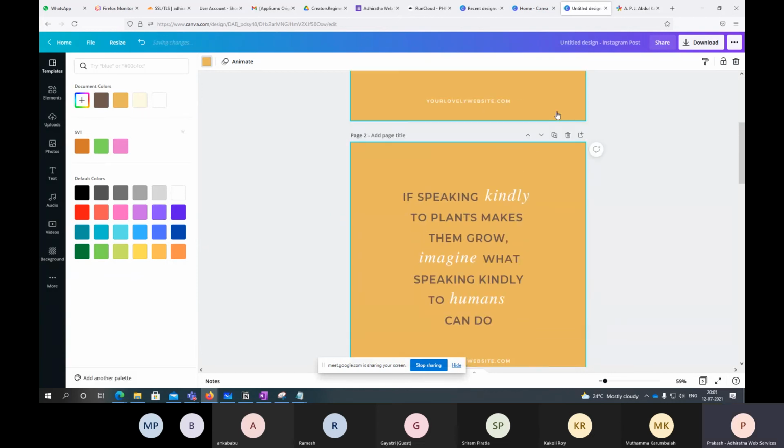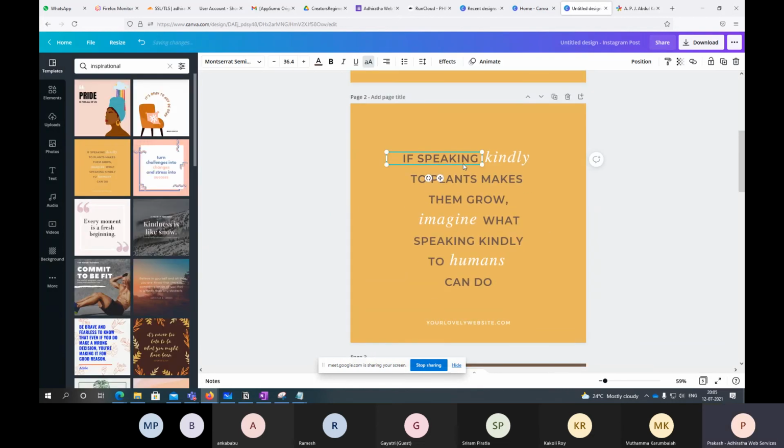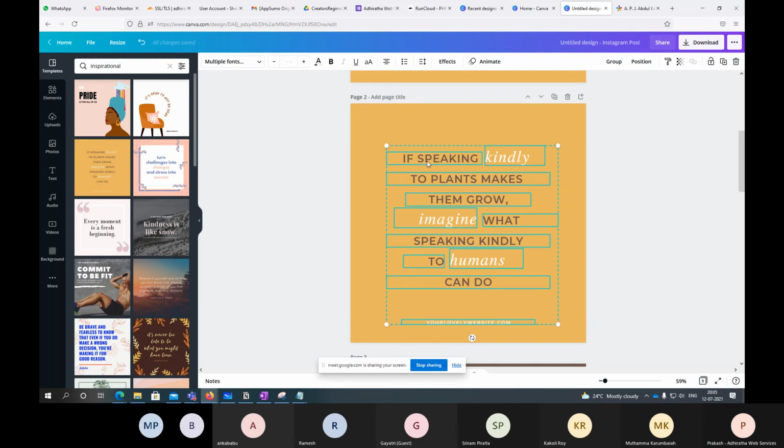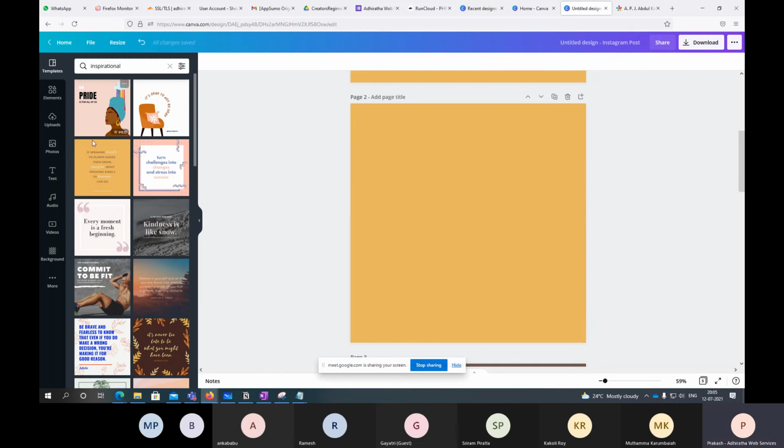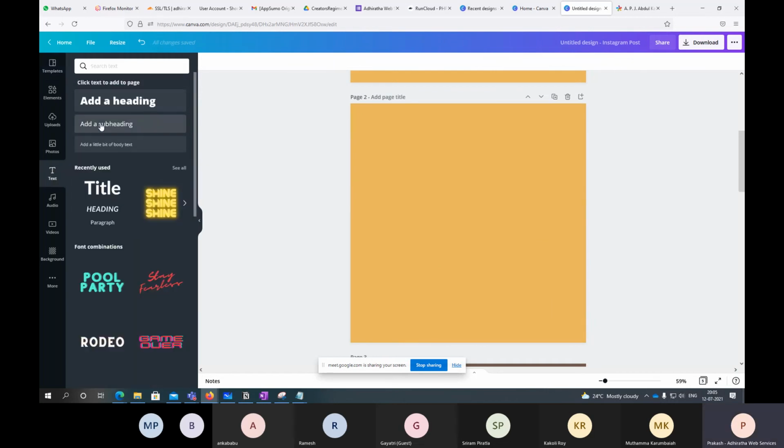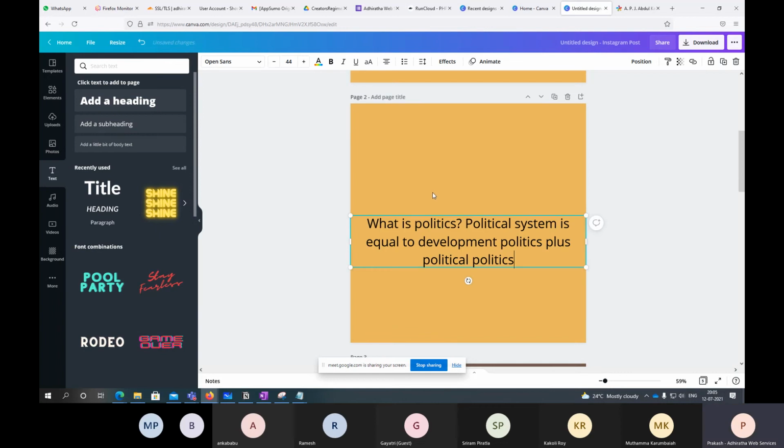So I'm going to clone the same. It has a lot of elements here. And I'm bringing a text element here this time.